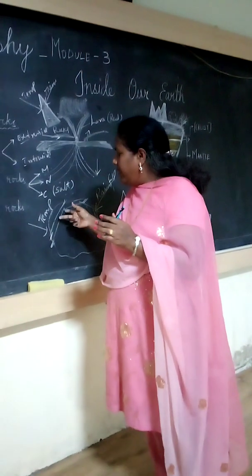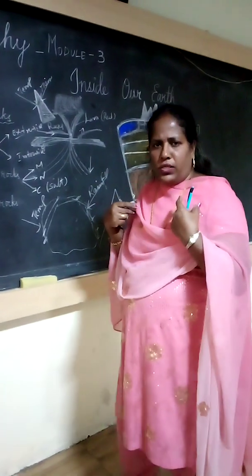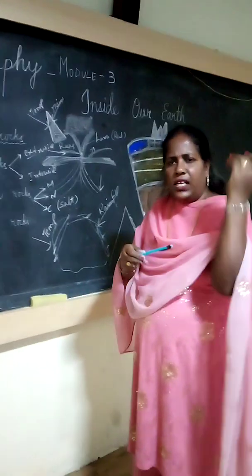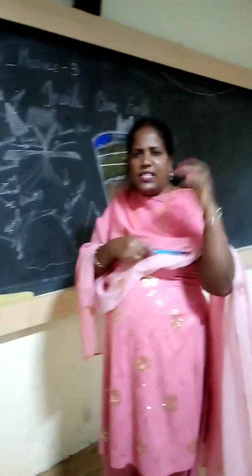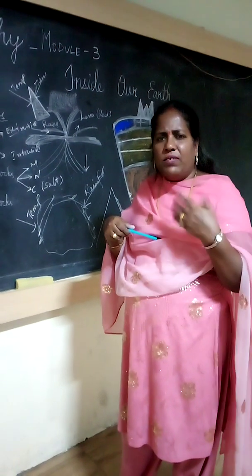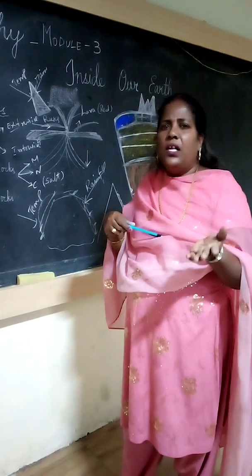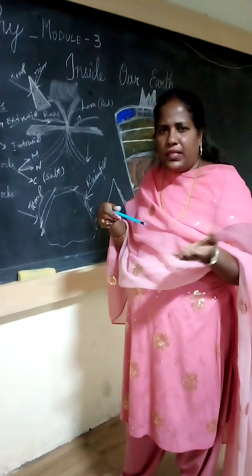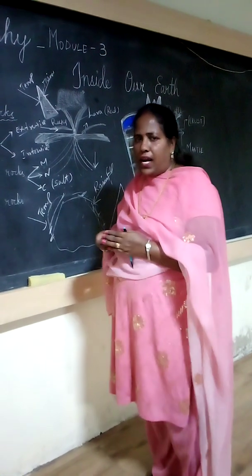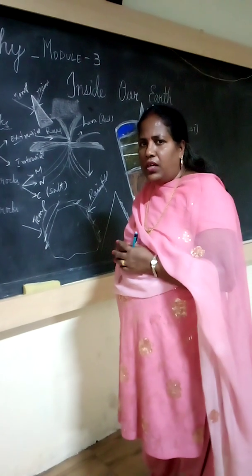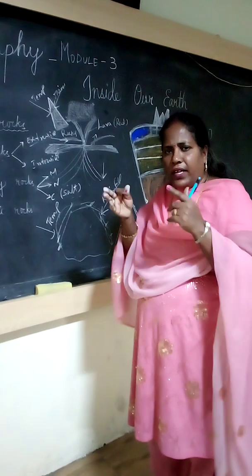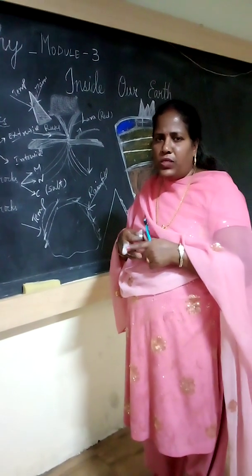Okay, we can see a live example also. Suppose we are wearing clothes now. You observe your shirt after 1 year, 2 years. What will you see? Inside the folds, thick color is there, but outside the color is faded. Why was it faded? Because it was exposed to the temperature. Like this, the rock also, when exposed to the temperature, expands and contracts. Millions of years after, it becomes weak, then it gets cracks, then it becomes small pieces.